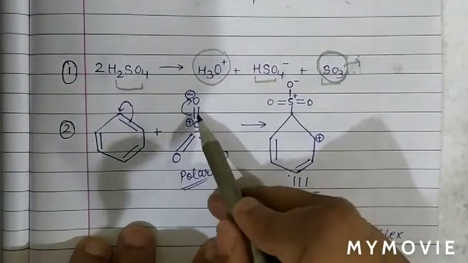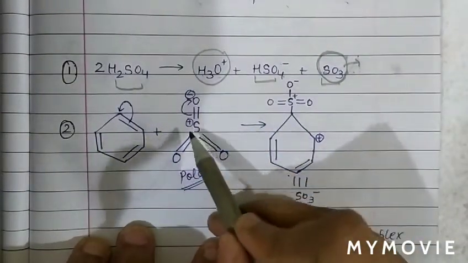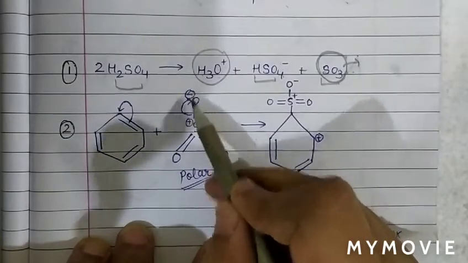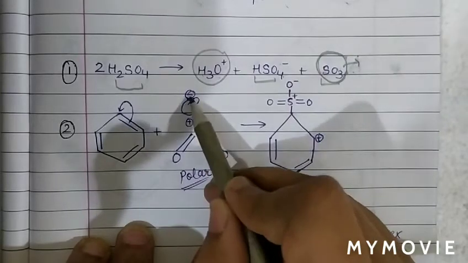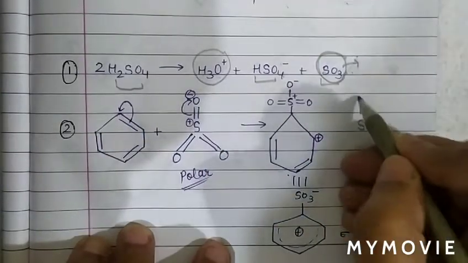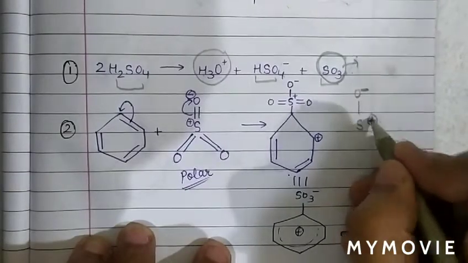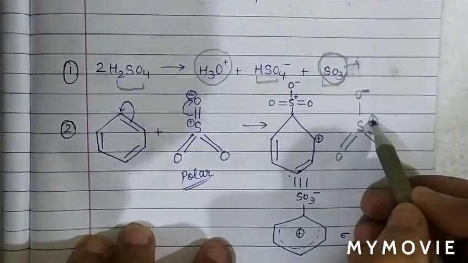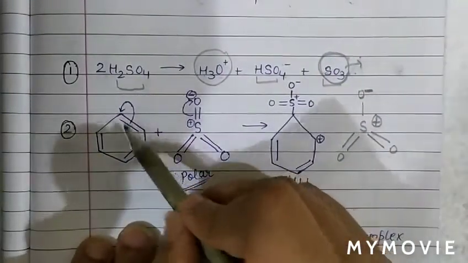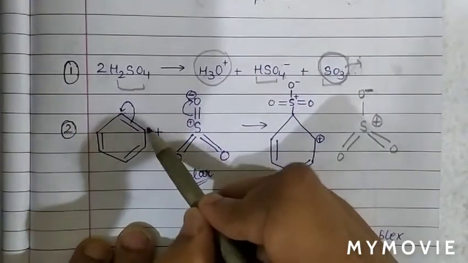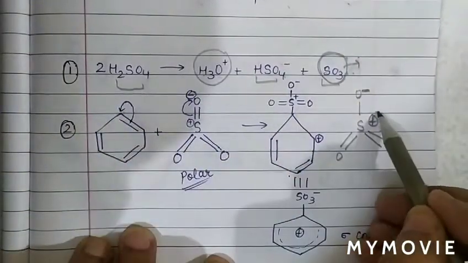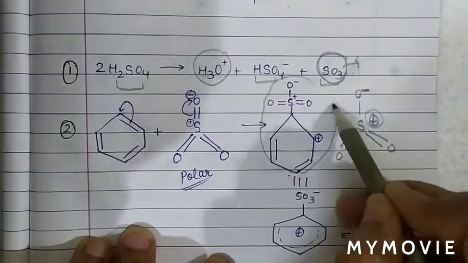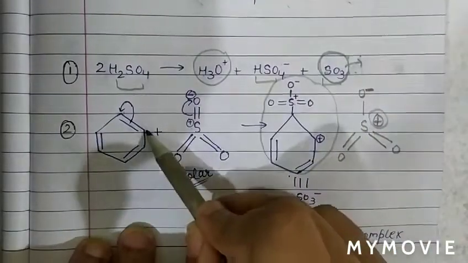Now see, as SO3 is the electrophile, after the pi bond breaks, sulfur has positive charge and oxygen has negative charge. So when the pi bond breaks, on the oxygen atom there is negative charge and on the sulfur atom there is positive charge. Now we can see this is the electrophilic part, and this electrophile will attack. The pi bond of benzene breaks, this carbon atom negative and this carbon atom positive. On the negative carbon atom, this sulfur will attack. This is the first intermediate formed, and on this carbon there is positive charge.